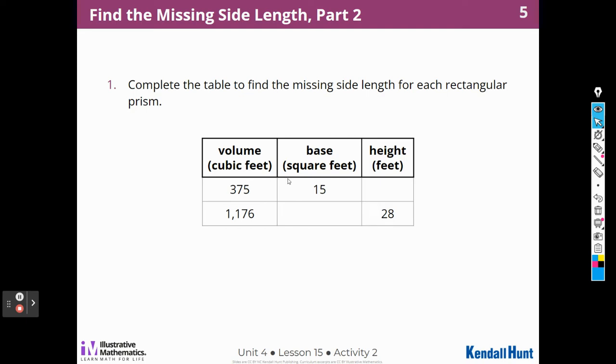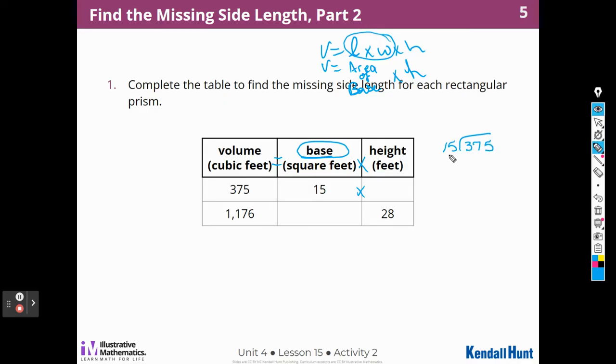So again, here we have volume this time. Remember, volume. The formula for volume is length times width times height, or the area of the base times the height. And I think that's what they gave us. They gave us the area of the base times the height gives us the volume. So again, I can just take that area because these two are already multiplied together, and I can divide it. So 15 into